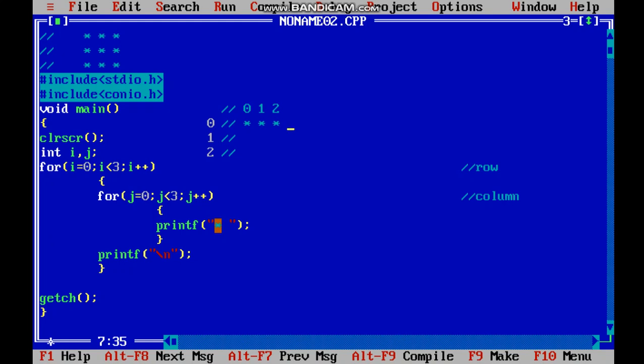Okay, we got the value for j equals 2, which was true. That means 2 is less than 3. As it was true for this for loop, the printf function printed an asterisk and a space, and our cursor is now here, right? Now see, it will again jump to j plus plus,